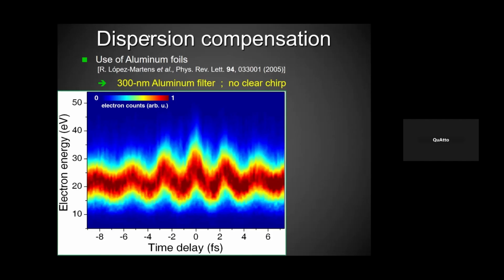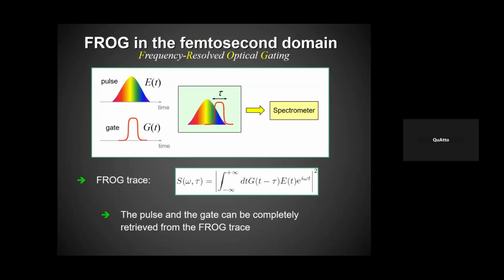So one can use aluminum foils with different thickness in order to partially compensate for the positive chirp of the attosecond pulses. And in this way, we could create pulses which have a duration of the order of 130 attoseconds. We also applied, in order to retrieve the pulse duration,